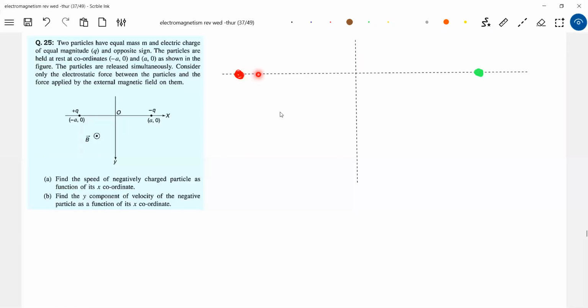It will have velocity v, it will get accelerated. Then the magnetic field is out of the plane, Fleming's left hand rule. So B bar, the magnetic force should act downward here. And what about this? The velocity will be in this direction. So B bar and the velocity, the force on this also should be downward. So the resulting forces will be acting in this direction on this, and in this direction on that. B bar everywhere is outward.